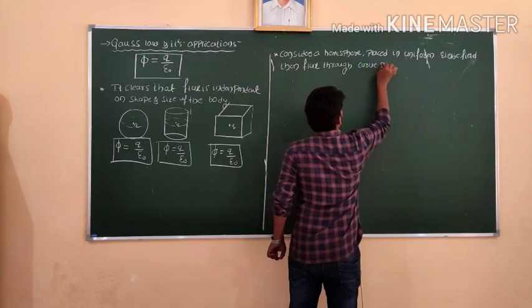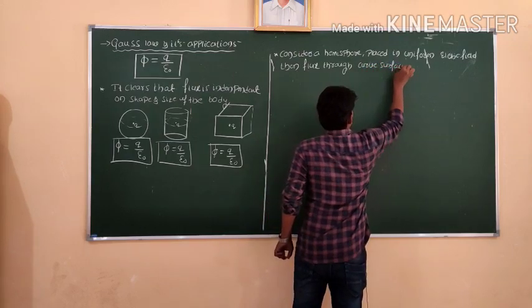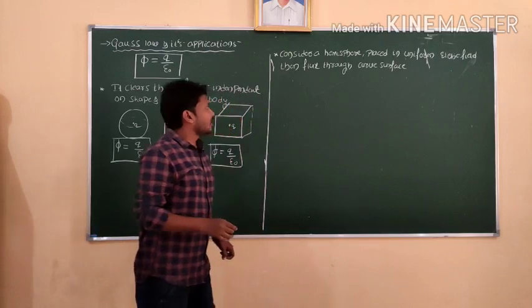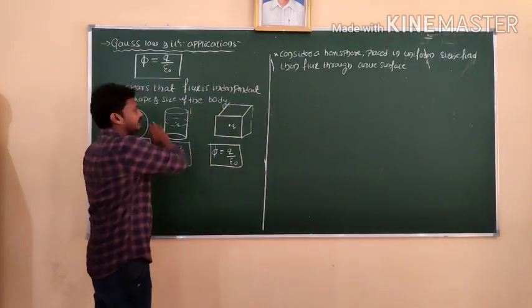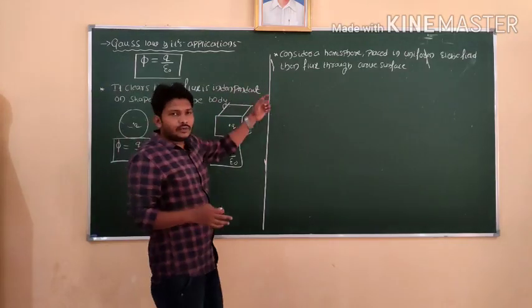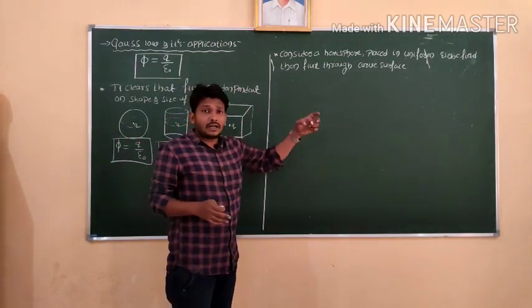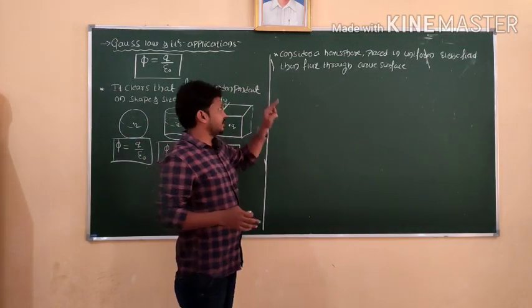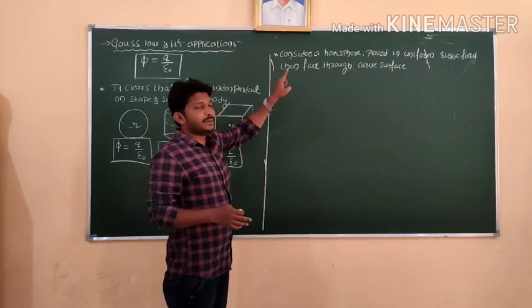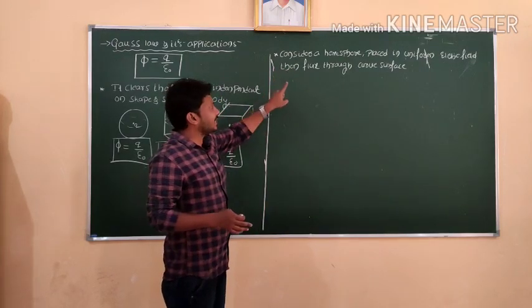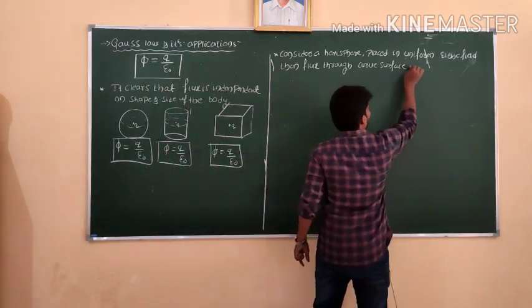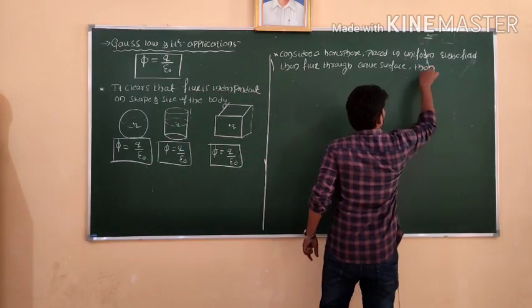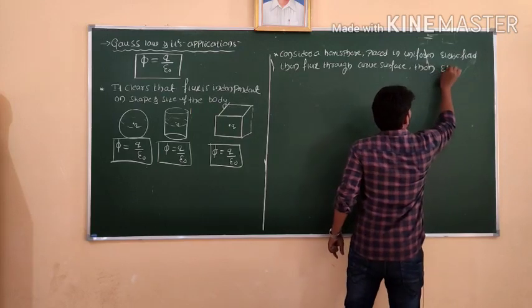Flux through a curved surface. So these are all CET points, or competitive examinations. They may ask questions on the basis of Gauss law. They will give the shape, or they will give one hemisphere. So let me calculate what is the flux through a curved surface. Consider a hemisphere, place it in a uniform electric field. Then the flux through a curved surface when the electric field is